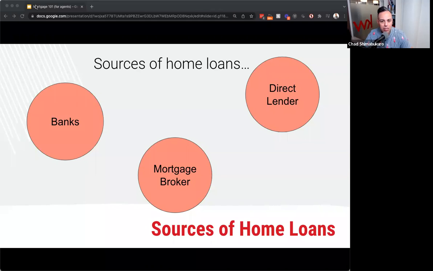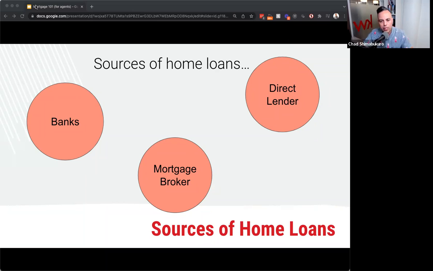How does a bank make money? It's your deposits. That's the main source of their income, to get as many deposits as possible, which is your checking and your savings. When you deposit your paycheck, there is not someone in a little visor sitting in the back safe counting money. That money doesn't exist, right? What they do is take your deposits and invest them into other things such as loans and other investments. So that's the main source of their money, deposits and that sort of thing. It is not home loans.